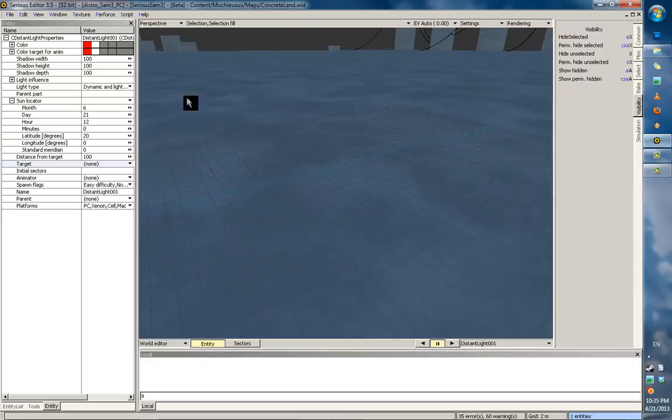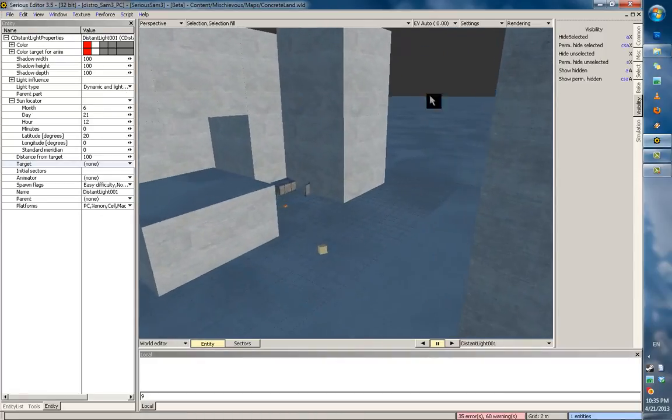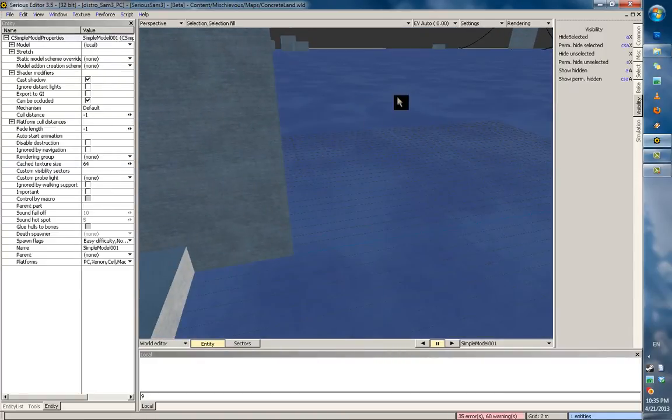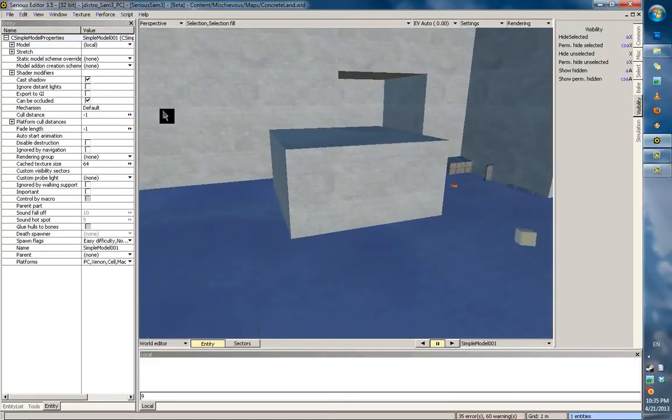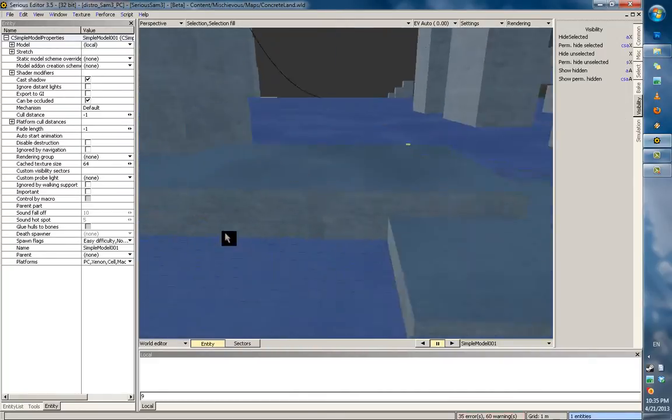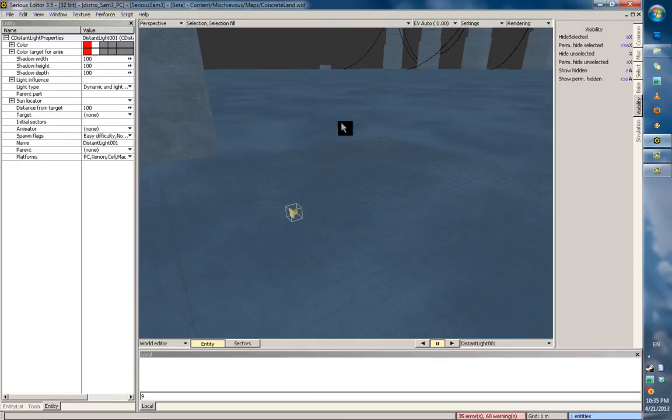So in our case, the most central terrain is this one, and its center is the exact center of the map. So to assign this terrain as a target, I'm going to highlight the target entity, then hold down Control